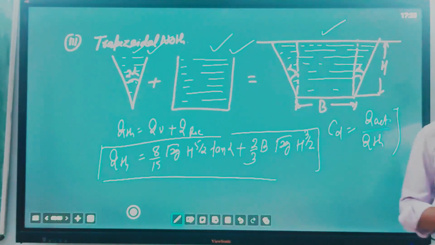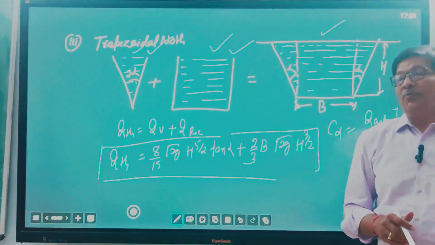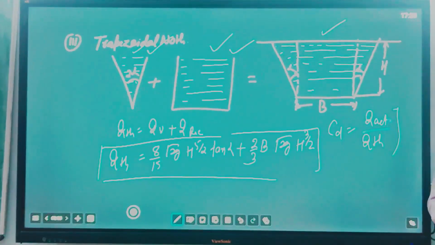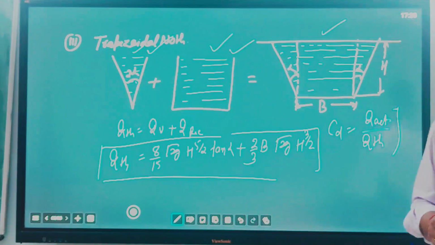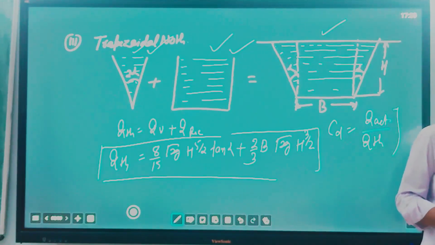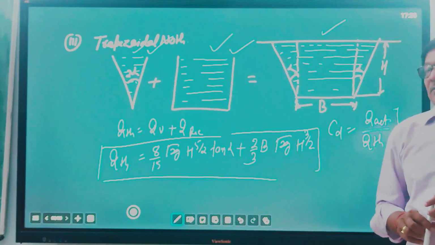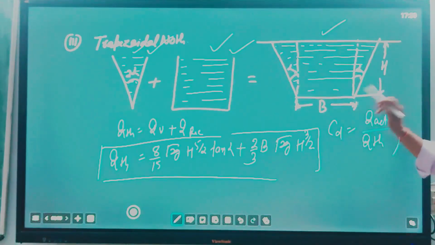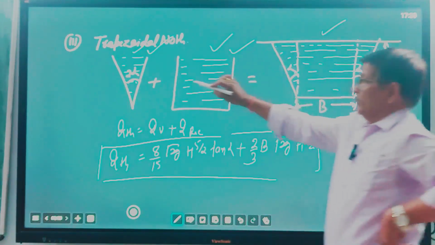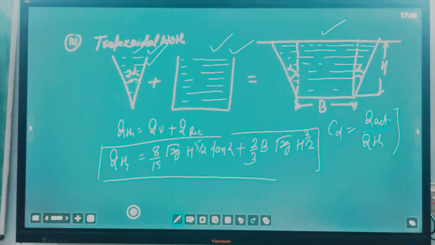So this is a very important discussion to understand the experimental way of measuring flow discharge in an open channel, and it is useful from an examination point of view. You may find questions in various competitive examinations, public sector examinations, the GATE examination, and the Indian Engineering Services examination. You may be asked to derive, and particularly this one is important, the formula for theoretical discharge from a V notch under steady state conditions.